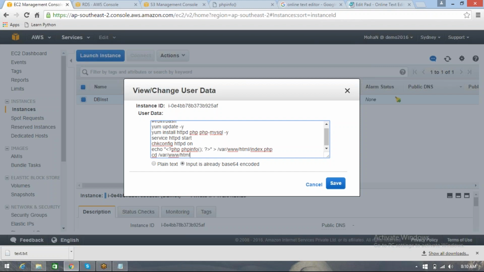With this, it will go into that HTML root directory, the Apache root directory. In this, I'm running another command, wget. It's nothing but taking the file from https